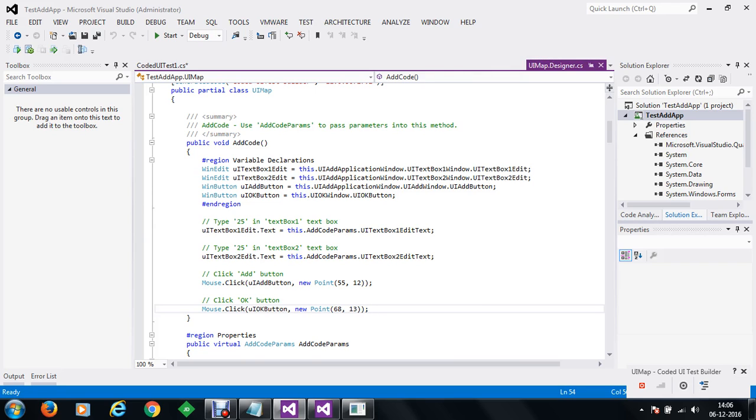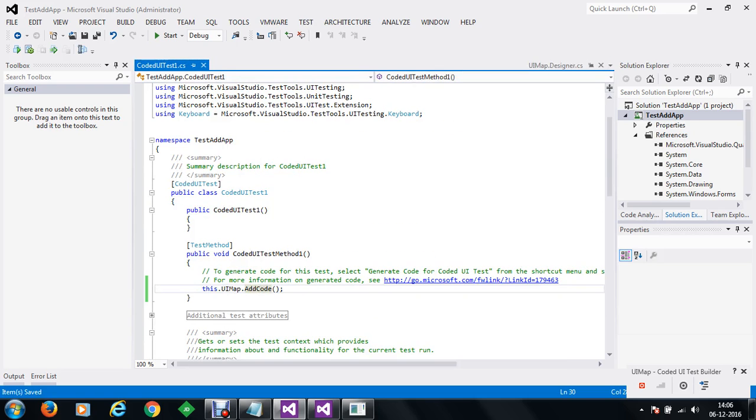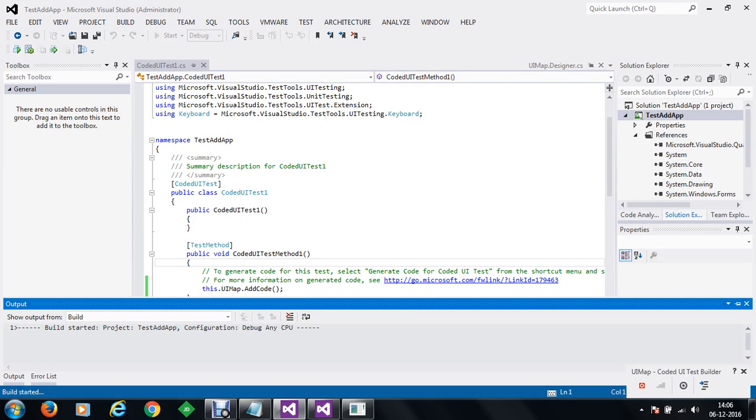Now what we have to do is convert this test into a data driven test. So before this I would like to test whether the code works fine or not. So what we will do, we have the test case here. Just simply right click on it, run tests.